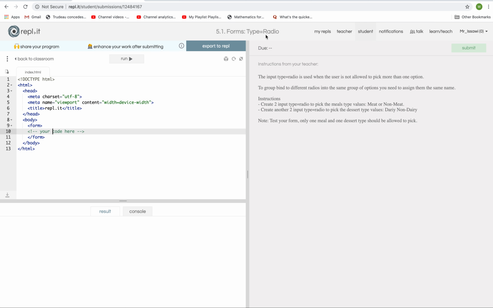1, forms, type radio. Now this is about radio buttons, and I believe we kind of covered this in class, but here's a little exercise to solidify your skills. The input type radio is used when the user is not allowed to pick more than one option. To group or bind different radios into the same group of options, you need to assign them to the same